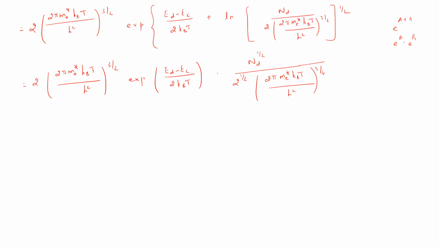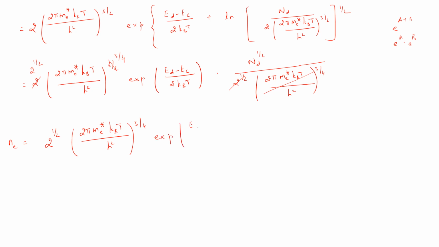Now you can see this one and this one get cancelled and it will become 2 power half. Similarly, this whole term and this will get cancelled and this power will become 3 by 4. So I can now write the final equation: Ne is equal to 2 power half (2 pi me star kBT divided by h square) whole power 3 by 4